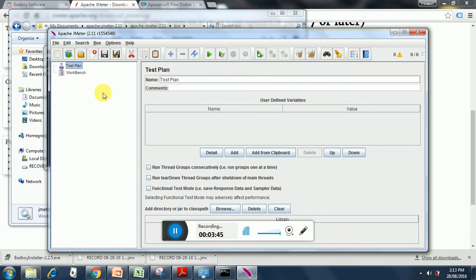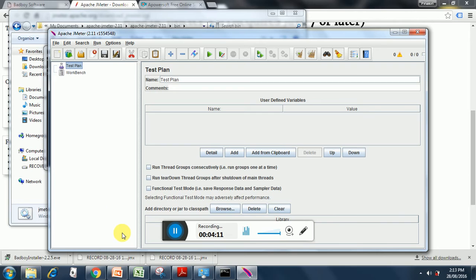It's pretty self-explanatory. It has two branches. First is the test plan, in which we will place all our test items, and second one is the workbench. Workbench is a kind of temporary storage place where you do some debugging, and then you transfer the final product into the test plan.